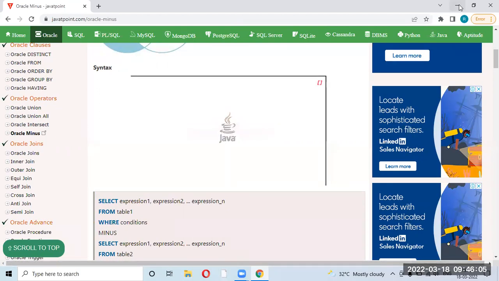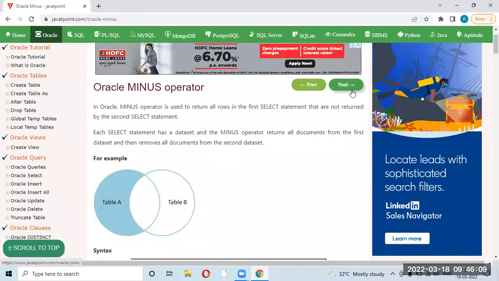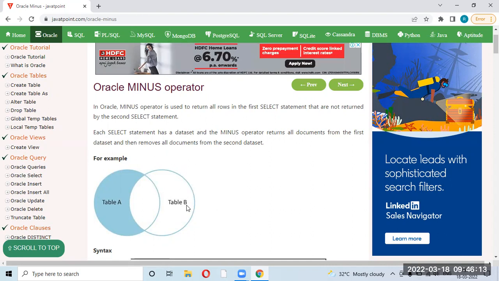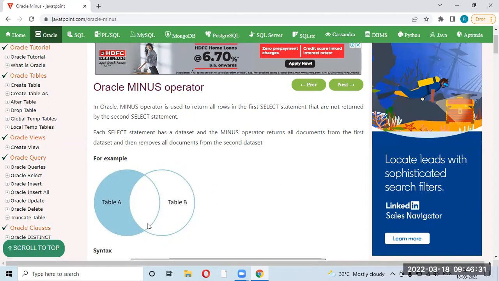In minus also, we will be getting the unique data, right? In minus, you won't get any data from table B. If table A itself has duplicate data and it is not matching with table B, you'll still get only unique records.